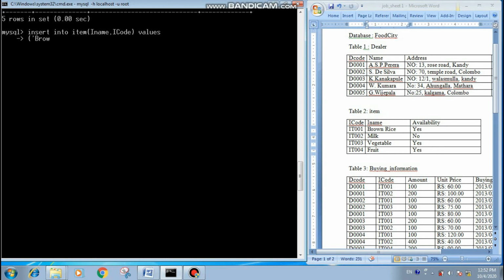First, brown rice. Second, IT001. Using this method, we can give any data in any order, but always remember to give the entering fields according to its entering order with its table name.